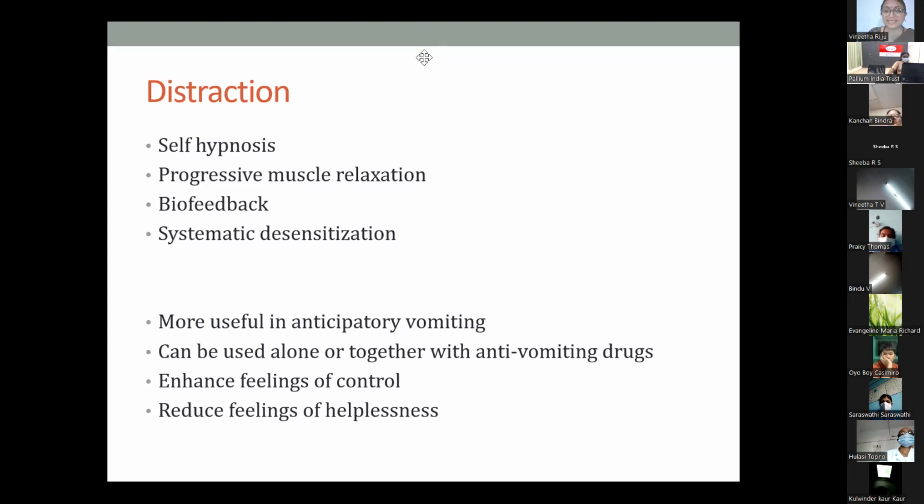Small and frequent meals. Yes, Mrs. Smith says small and frequent meals. Absolutely. Anything else you would like to add to that? Because most often what happens is that the patient is vomiting, the relative, the husband who is probably taking the chemotherapy, is vomiting. The wife is so upset that he's not able to maintain his nutrition, she provides him a big whole plate of breakfast, which he is definitely not able to take. So small frequent meals is one answer.